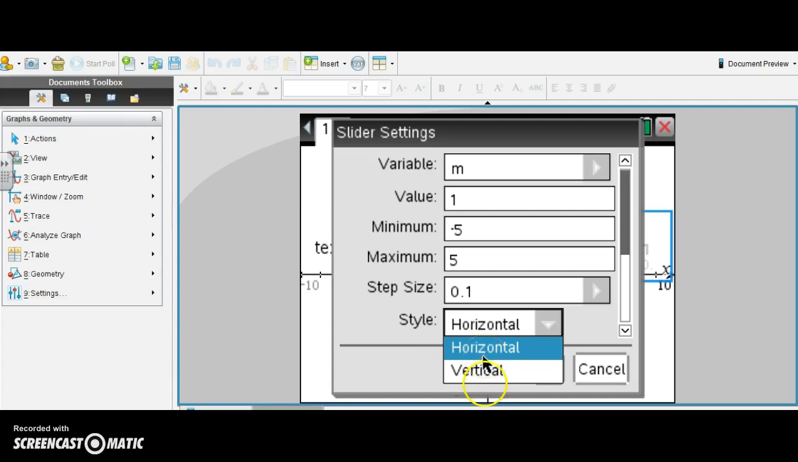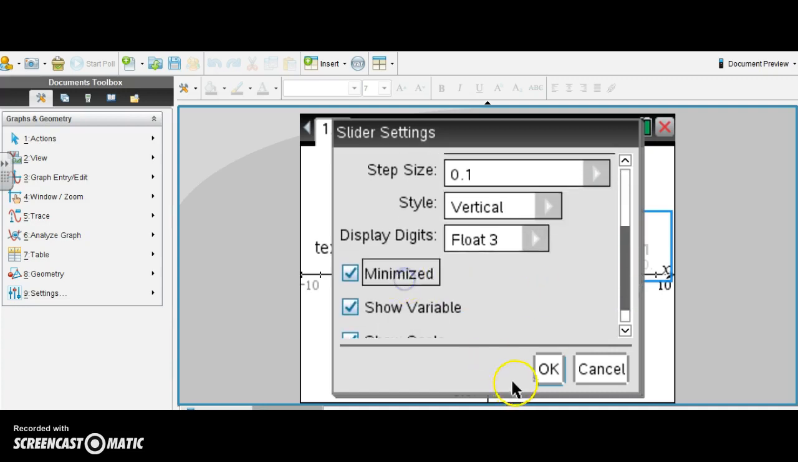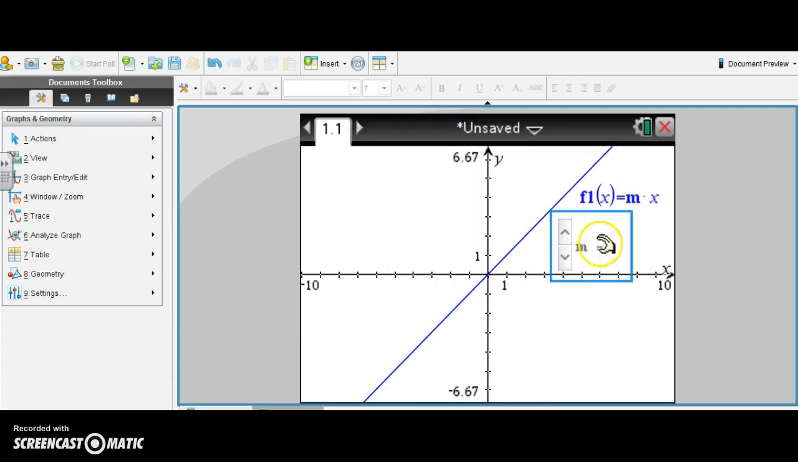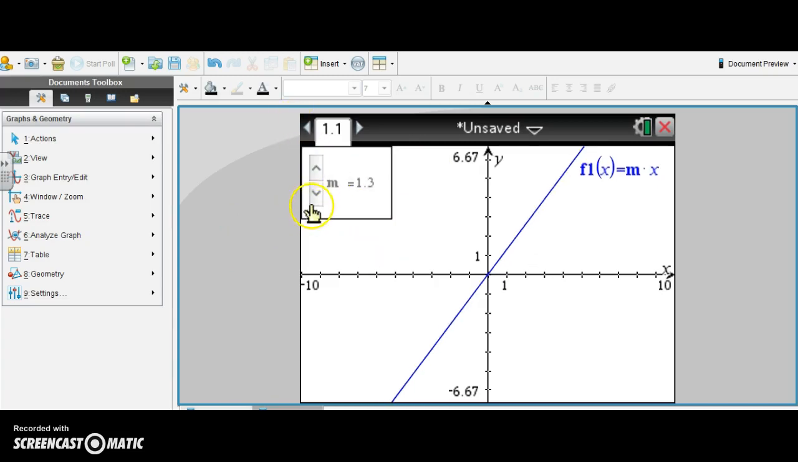Horizontal takes up less space, but vertical. And then I'm going to minimize it. And there's our slider. I'll move that into the top left out of the way. So now I want, when we change the slider, as we know, this isn't going to show us the updated